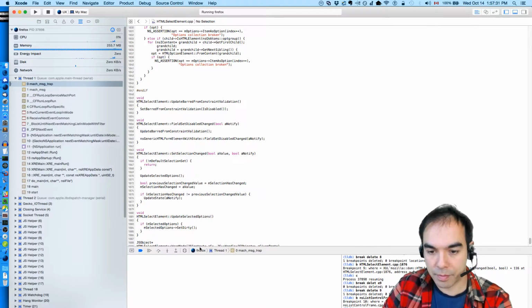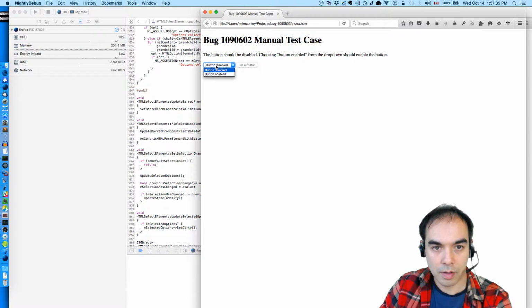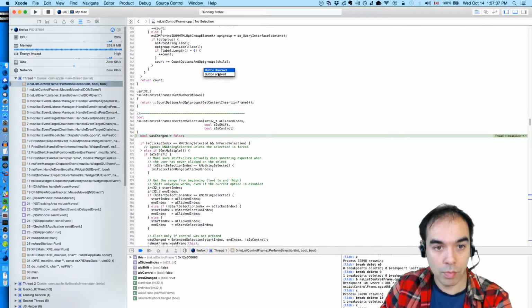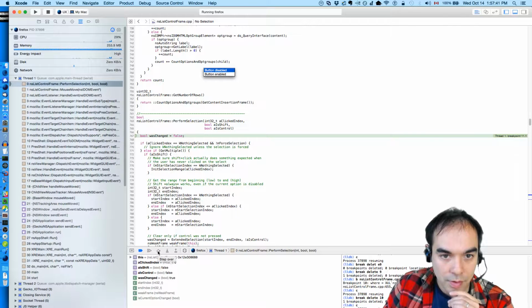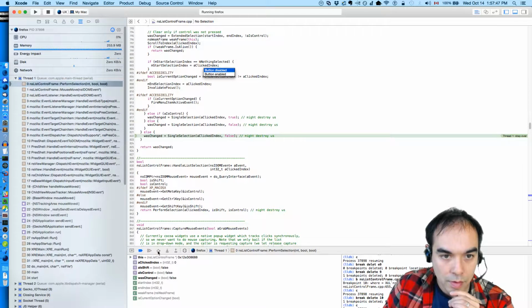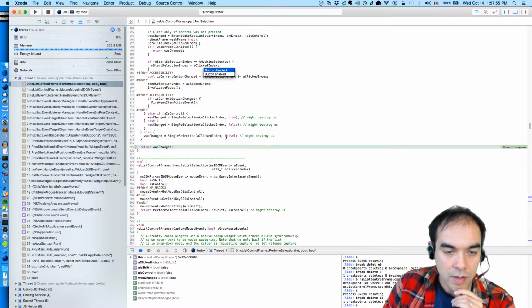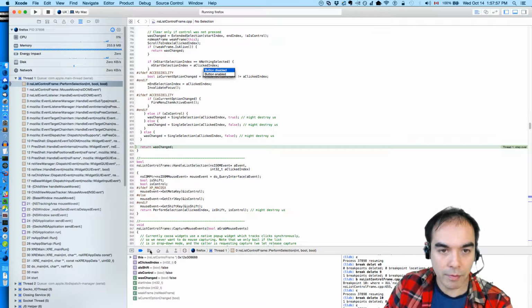So let's find out. Nope. We perform selection even when we hover. Was changed is false. Okay. And what about if I click?